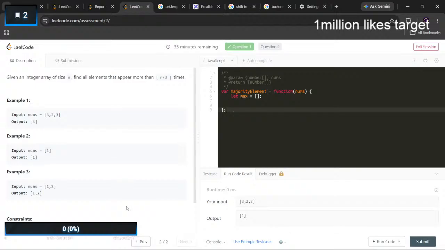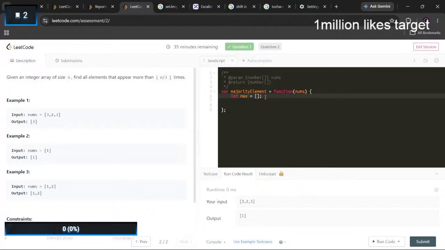Given an integer array of size n, find the element that... how the dumb. It even started raining after I was not able to solve the question. I need to find the majority element. Given an array of size n, find the element that appears more than n by 3 times.